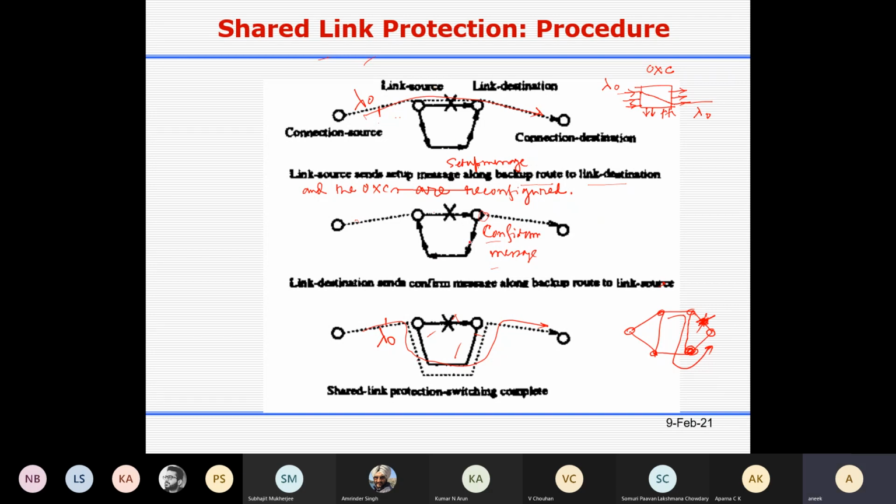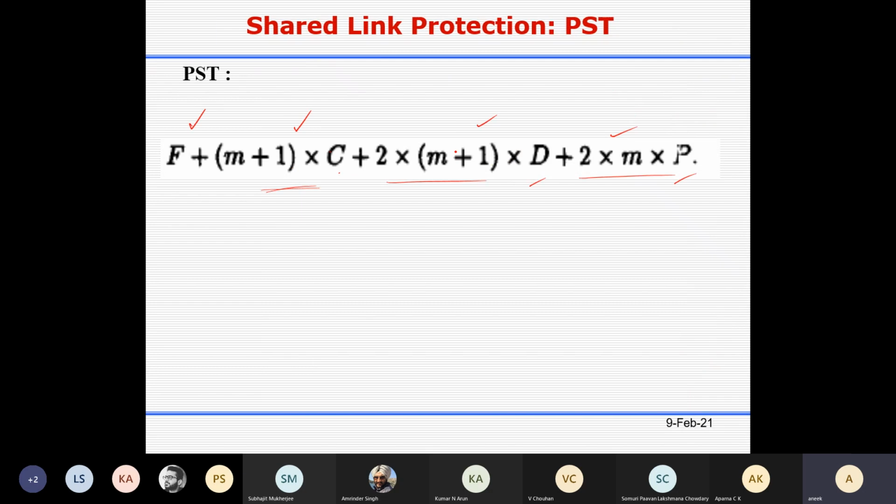So F plus 2MP, and your total number of nodes will be M plus 1. So the processing delay will be (M plus 1) into D for this message flow. For the reverse confirm flow, there is another (M plus 1) into D. So F plus 2(M plus 1)D plus 2MP.